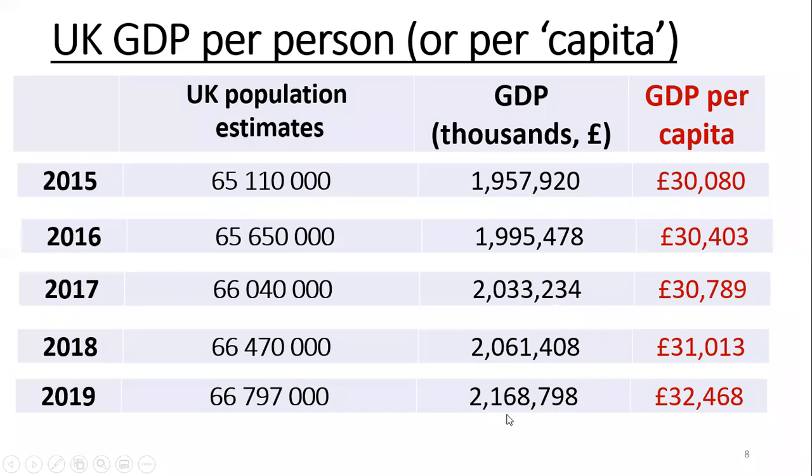If we get this big number and divide it by the number of people, so we get GDP divided by the number of people, then we get GDP per person or GDP per capita. And that's a very rough measure of average income. So in 2019, the income on average for each person was about £32,000, just a little bit higher. Some of that's dragged up by very high earners. So some very high earners, let's say the boss of a FTSE 100 company, they'll earn a lot more and they'll make the income higher than the average. They'll pull the average up, whereas people who are not working will pull the average down because they haven't earned income.